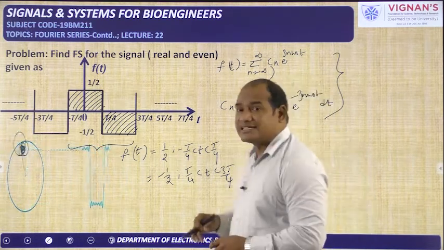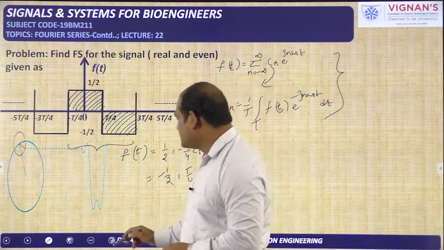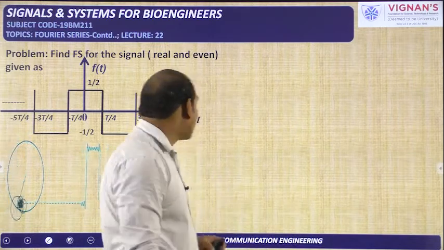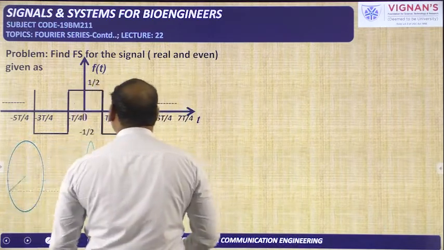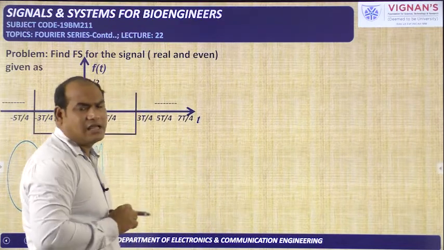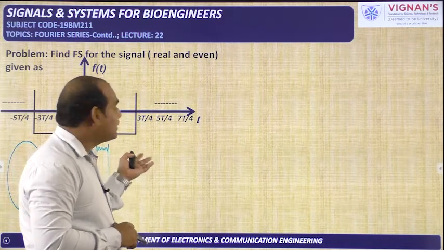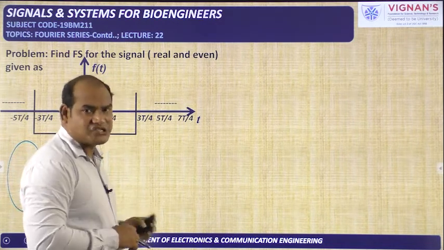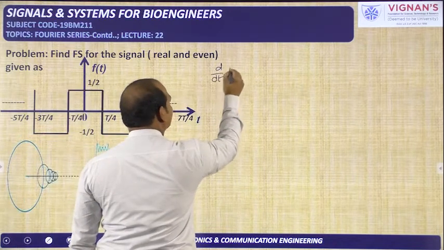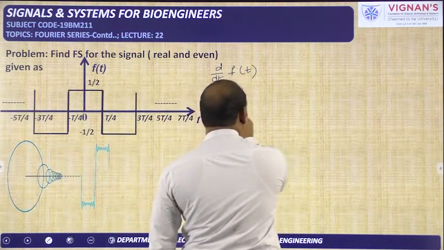Now we are going to use the time differentiation property method. How to do it using the time differentiation property, that we will see now. So one time you perform the differentiation for this one, then we will see what we get. Already you know how to do the differentiation for this one. Whenever a discontinuity is there, the differentiation is an impulse, and whenever a constant is there, the differentiation is 0. So here I am drawing d by dt of f of t.